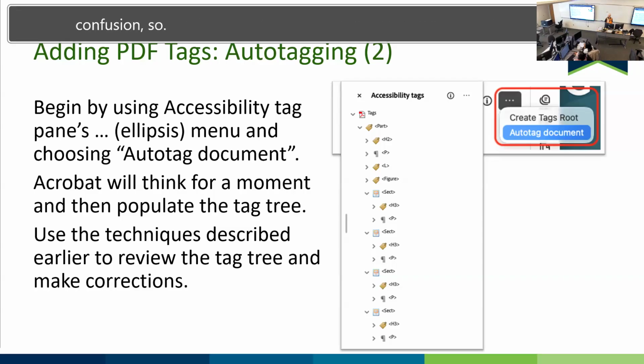So this is a situation where once that tag tree was created, once I did the auto tagging, I'm going to take a look at the tag tree, start going through it, and say, okay, actually, I want that to be an H1, and I want all the heading levels below it to be H2, so that the document outline makes sense. So auto tagging is useful, but not perfect,